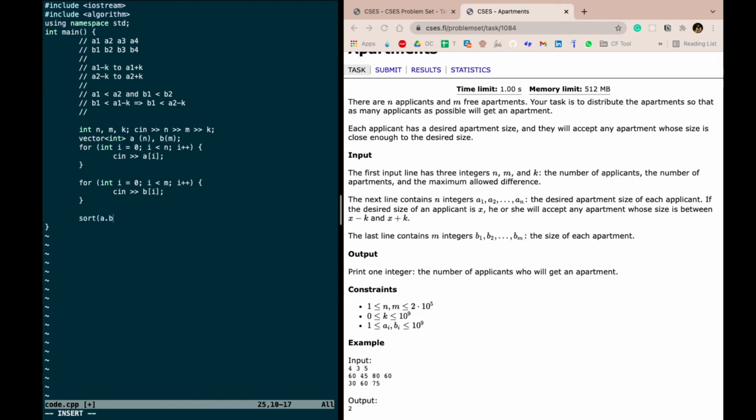Next, sort both of these. Next, we will take two pointers. One is 0, let's say, and p2 is also 0. p2 is pointing to b and p1 is pointing to a. So while p1 is less than a dot size, and also p2 is less than b dot size,